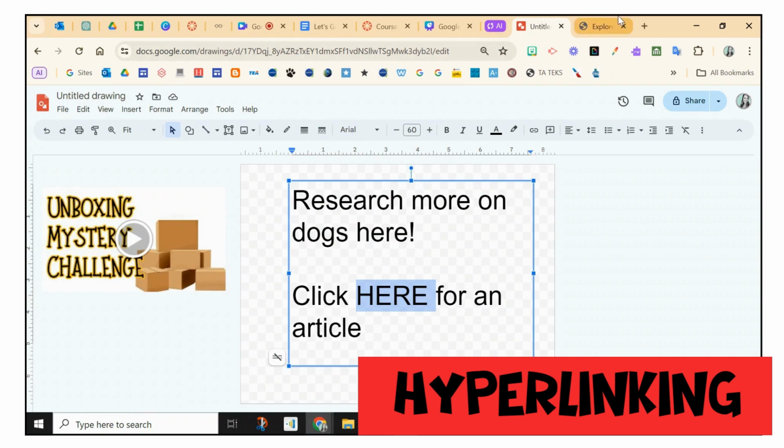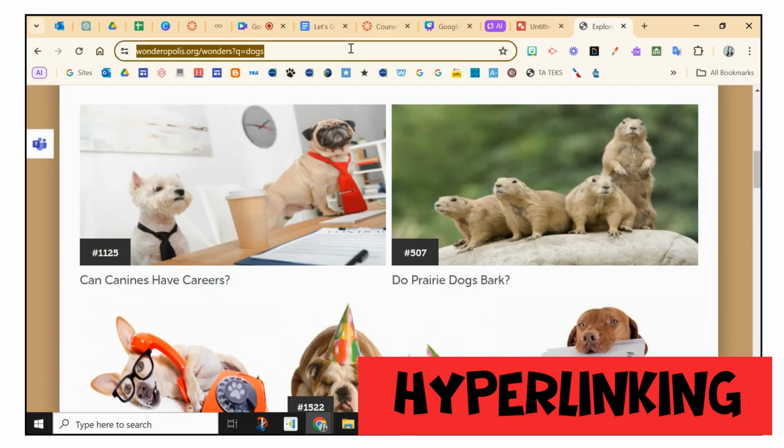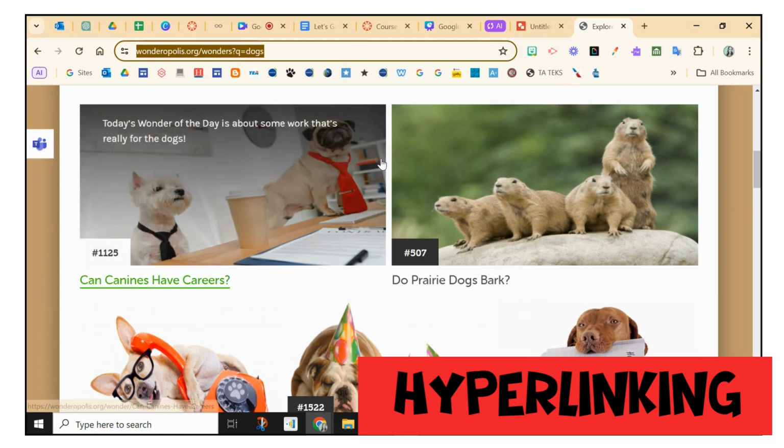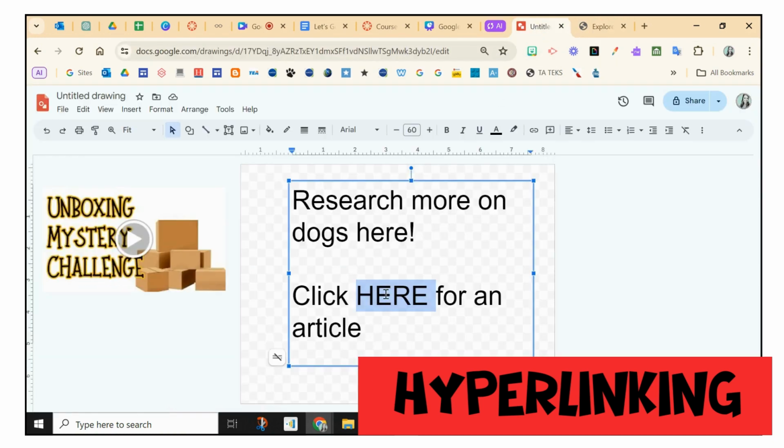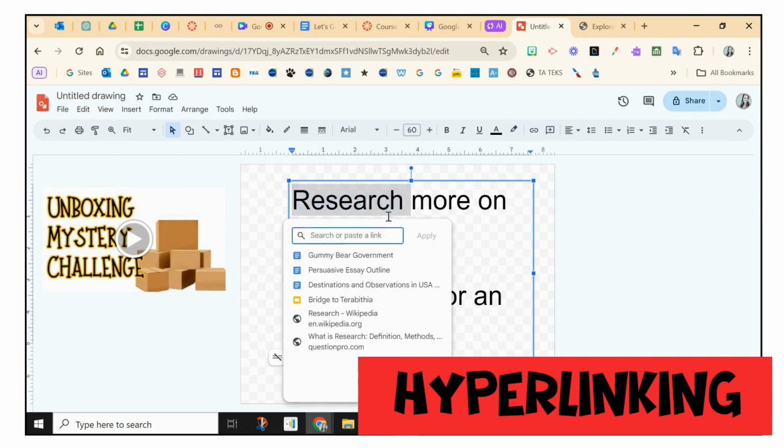Let's say you had an article that you wanted to pull. I'm going to grab this link by copying it. And then in the drawing, I just selected the word here. And I'm going to access the insert link option and paste the link. That's pretty cool. And it's an easy way to get a link there for students to click and make it a hyperlink. You can also select a word and actually type in a website if you have one here,